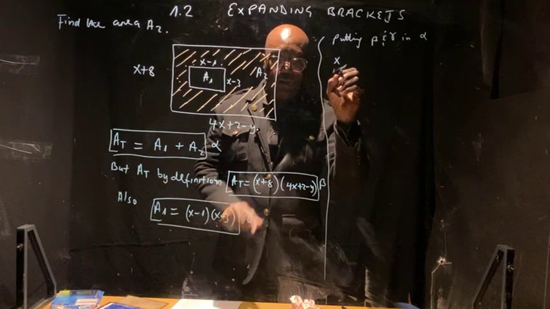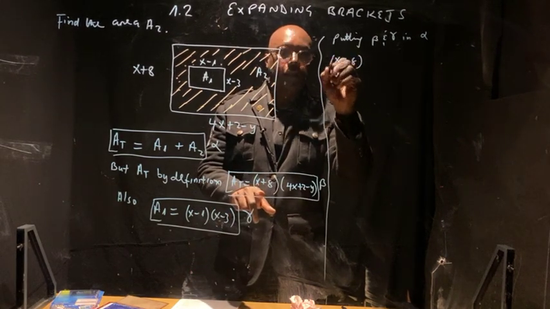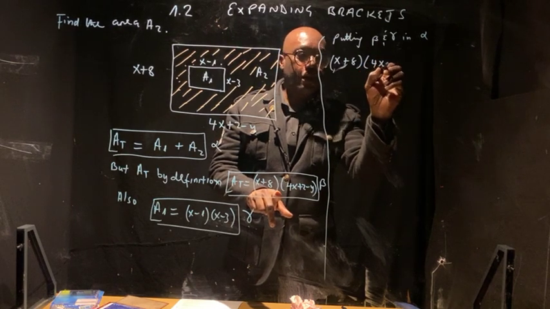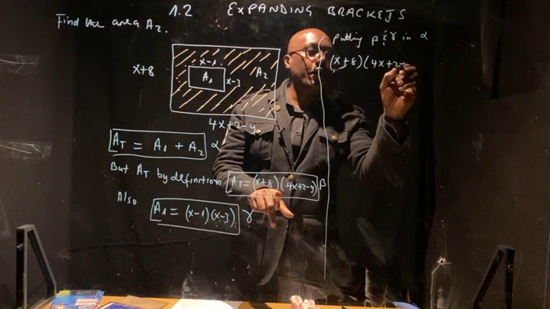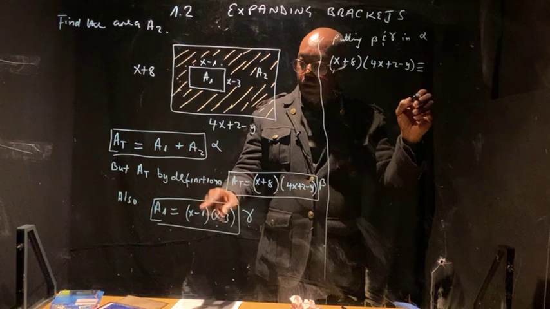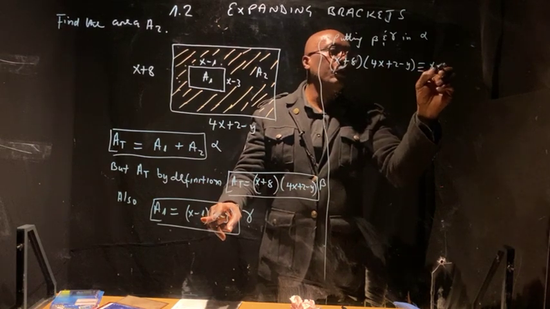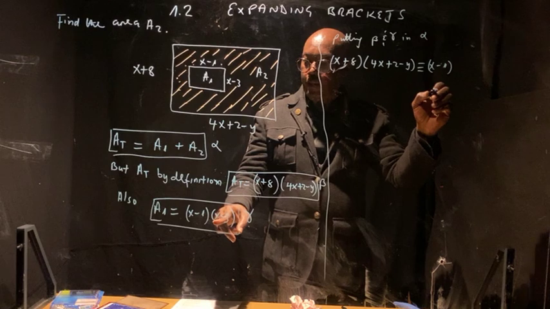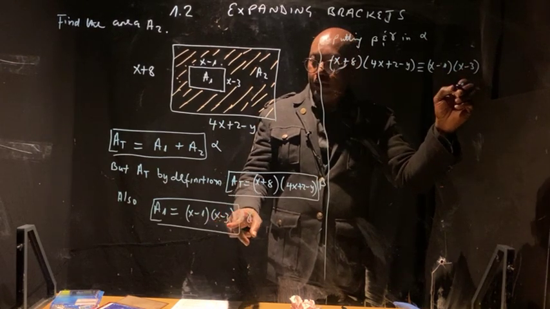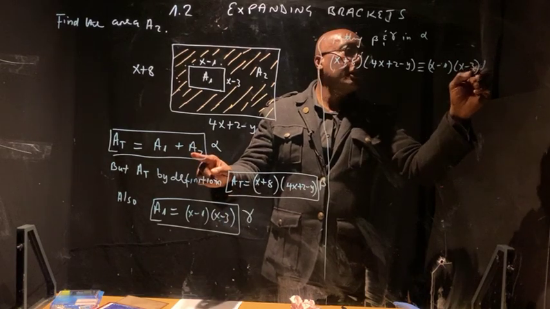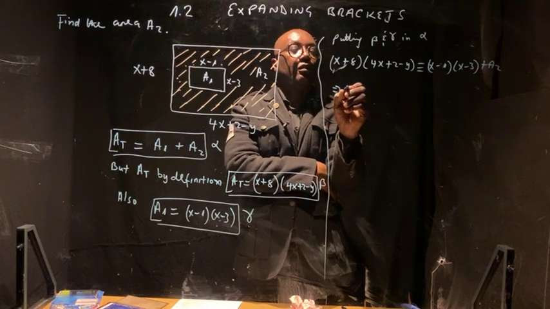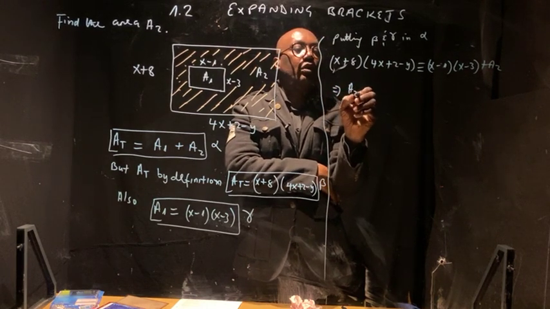x plus 8 multiply 2, 4x plus 2 minus y is equal to A1, where A1 is equal to x minus 1, x minus 3, plus A2, which implies, making A2 the subject, A2 is equal to